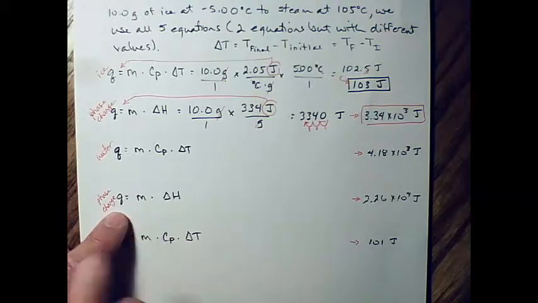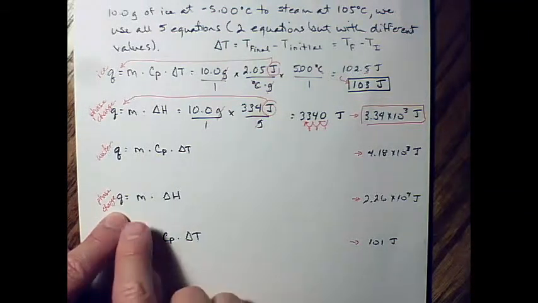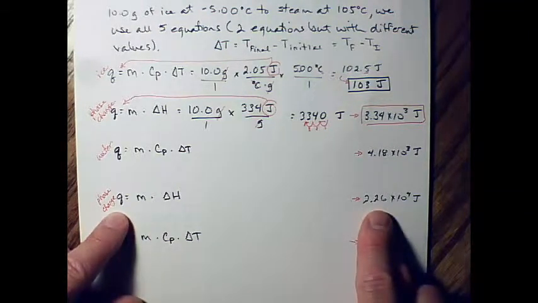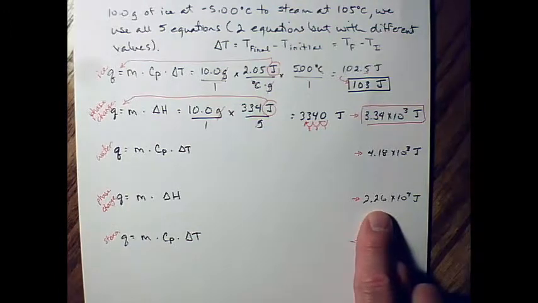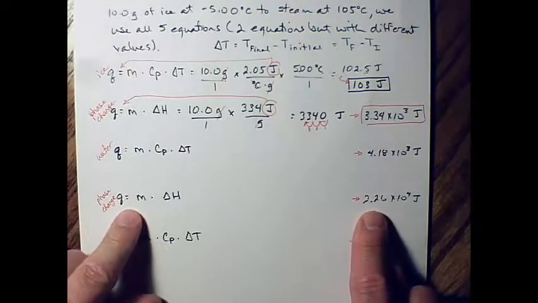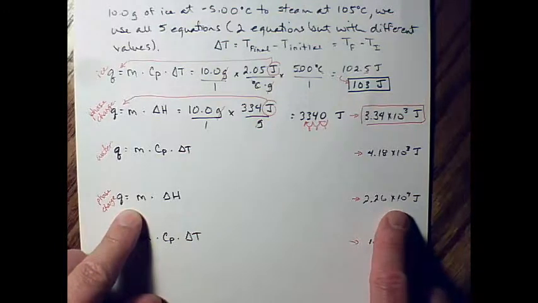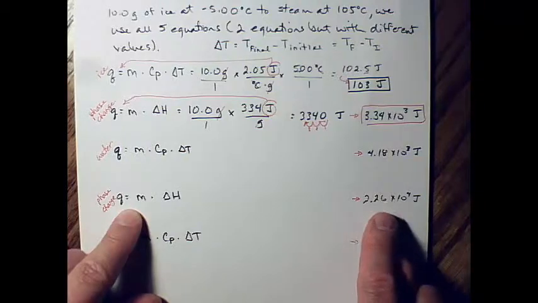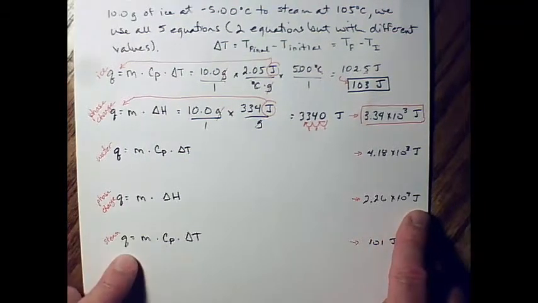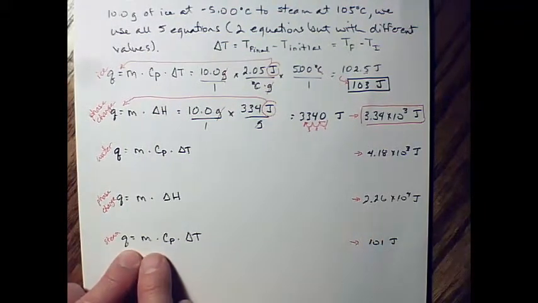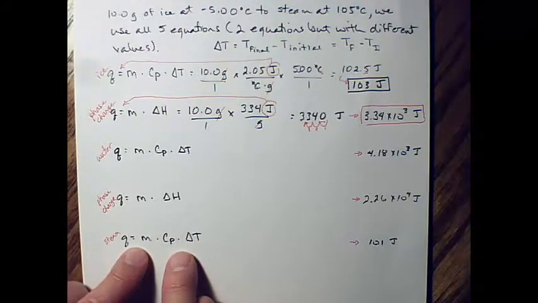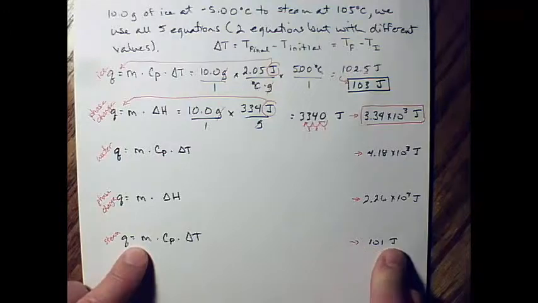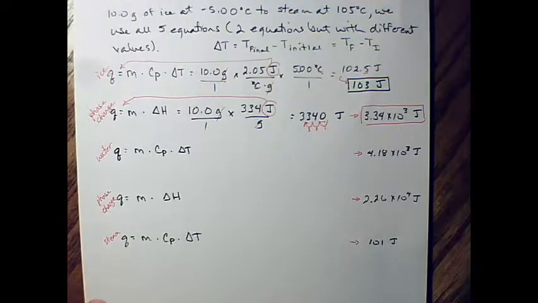During the phase change between liquid water and steam, the energy change for that 10 grams of water is 2.26 times 10 to the 4th joules. And then heating up the steam, that final 5 degrees, is 101 joules. Okay? Now to add all those together,